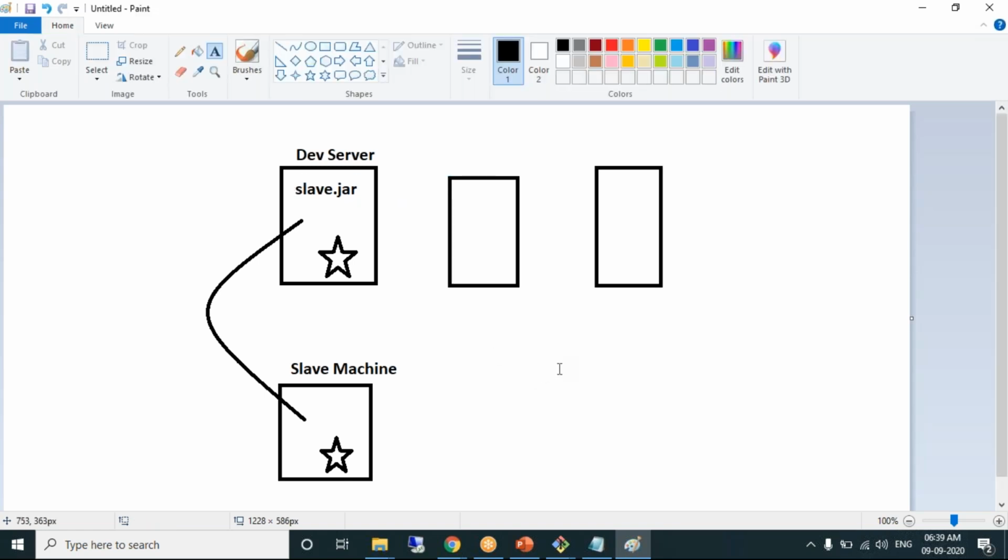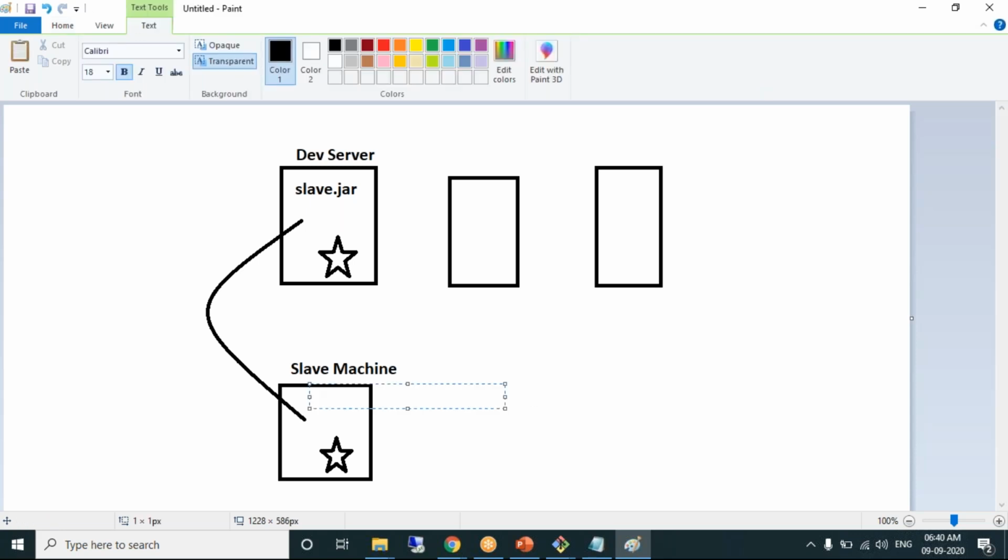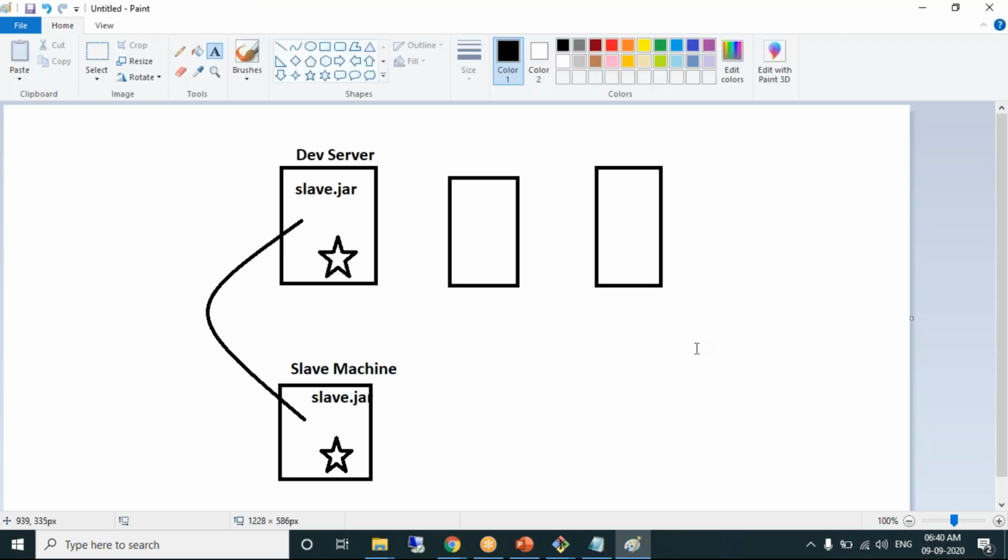Whenever you install Jenkins on any machine, there will be one file called slave.jar, available on the machine where Jenkins is installed. That slave.jar file should be copied into the slave machine. Then the master machine will identify, okay, this is my slave machine. For that identification purpose, you should copy the slave.jar file from the dev server to the slave machine.